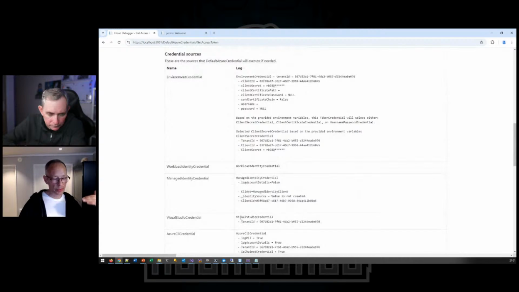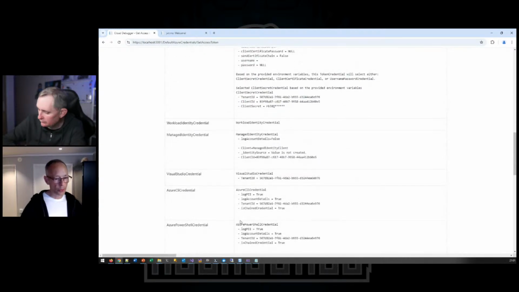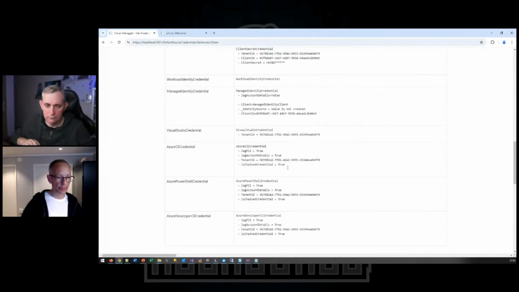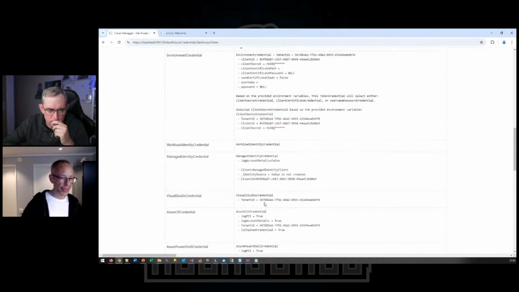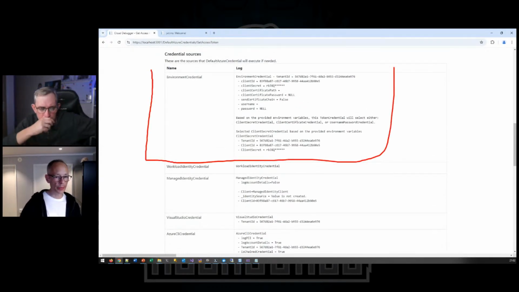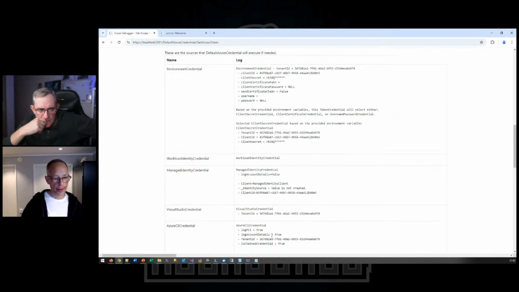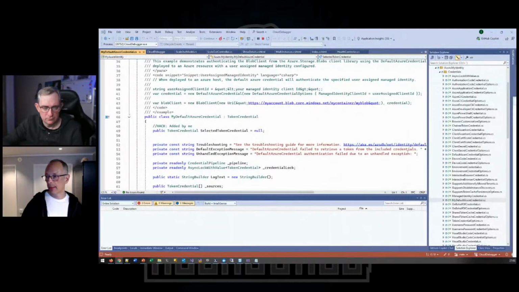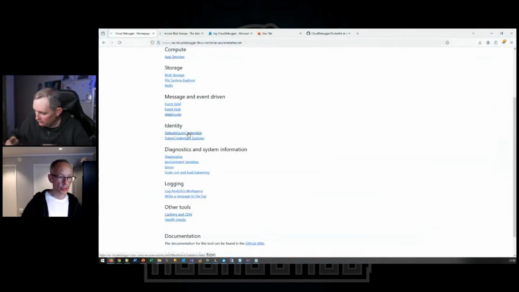But it also tells me which ones are part of the default Azure credentials. So I can actually see the log from each one. I can see they haven't been executed, because the first one did find a credential, so the others didn't run. So that's good. But if I go to the cloud version and do the same thing,